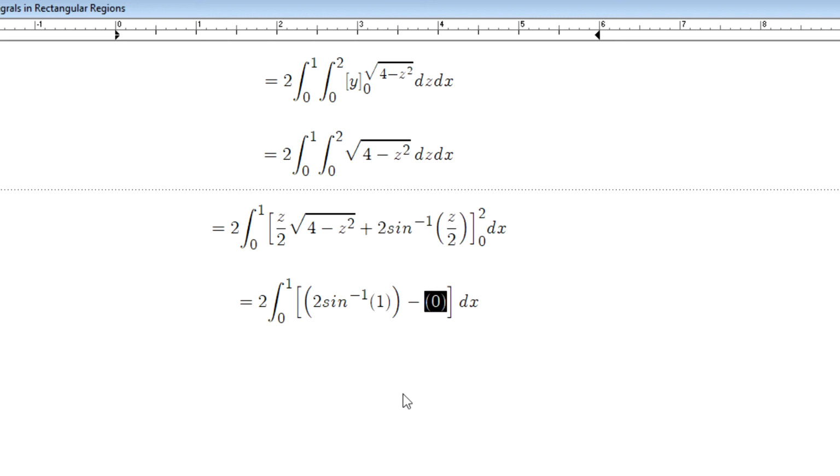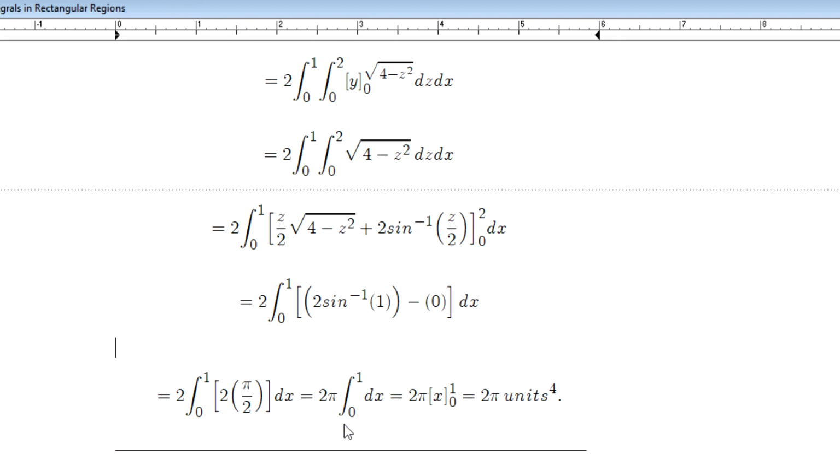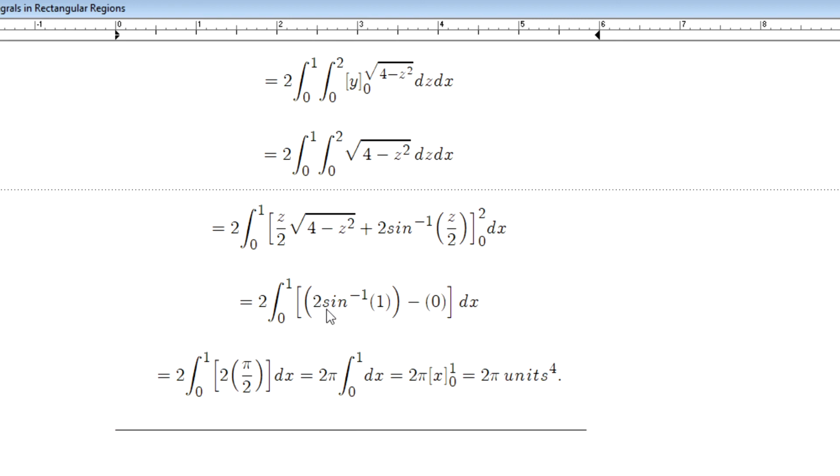So the answer here at 0 is also just 0 for that entire quantity, so times that 2 becomes just 0. And what we're left with is just this argument, which I said is equivalent to pi over 2. So if I bring that into view, yep, I actually finish this in one line here. As I noted, this quantity by the sine inverse is going to be pi over 2. Times this 2 will simplify out to just be pi,